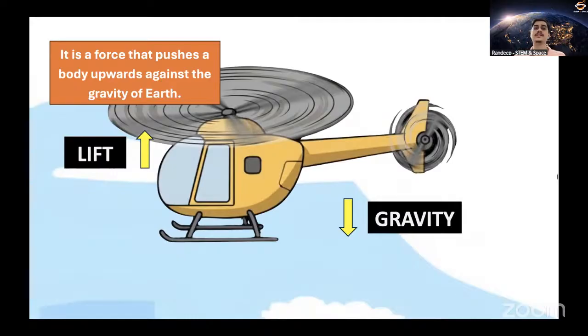And this is also the reason why you see that these helicopters usually have fans or blades which are much larger compared to the helicopter. You must have seen that. Bigger helicopters have even bigger blades. So they have bigger blades so that they are able to lift up this entire heavy thing.